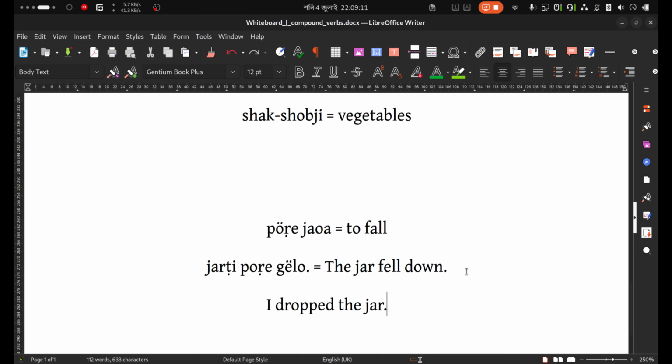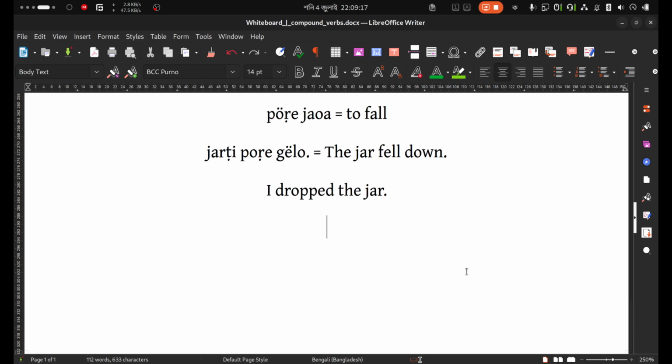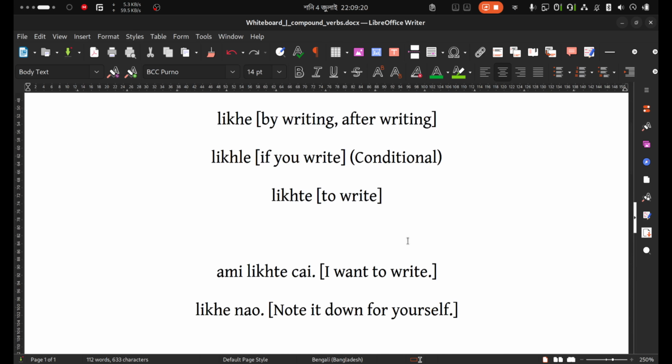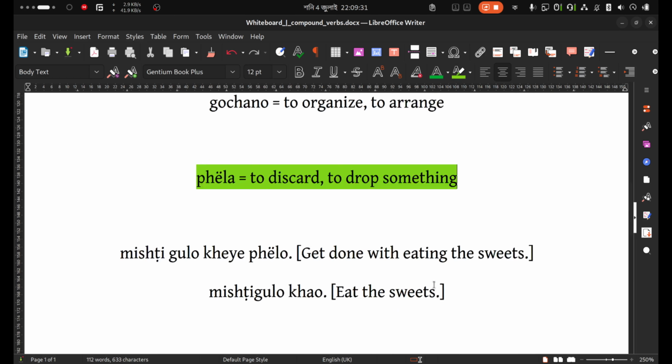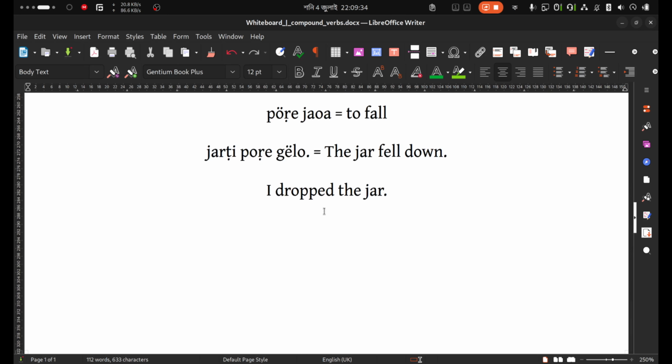No, sorry. To drop, I have already mentioned this verb. Where is it? Here it is. Fela, to drop something. Jarti fele diyechi. I dropped the jar. I dropped the jar. জার টি ফেলে দিয়েছি। আমি জারটি ফেলে দিয়েছি।